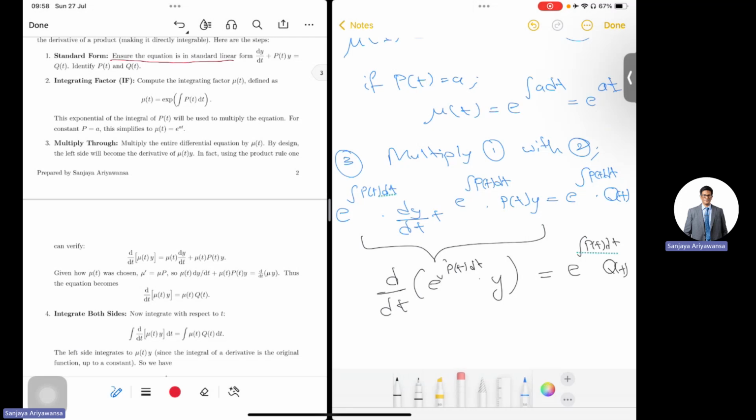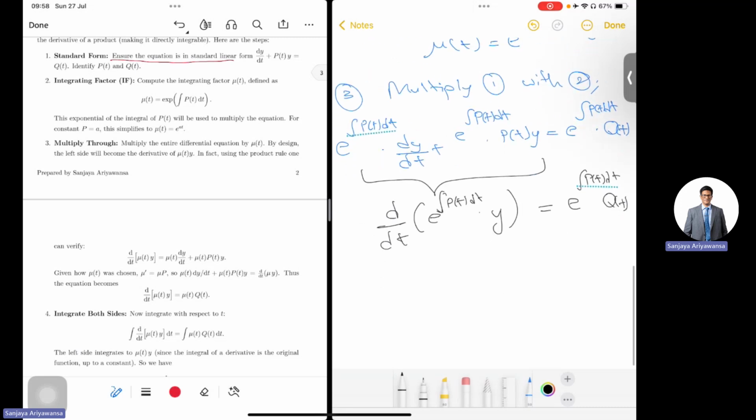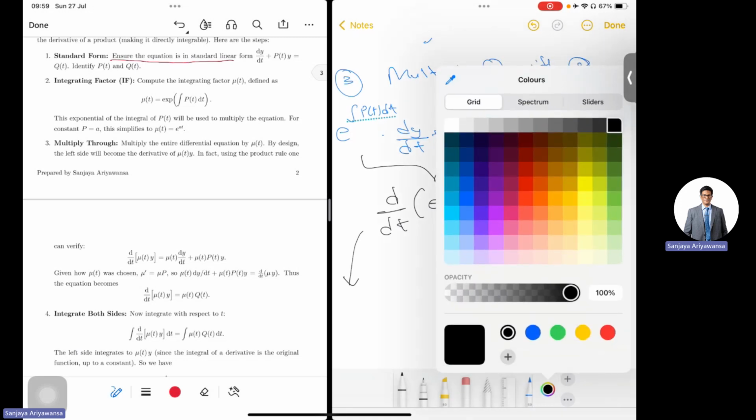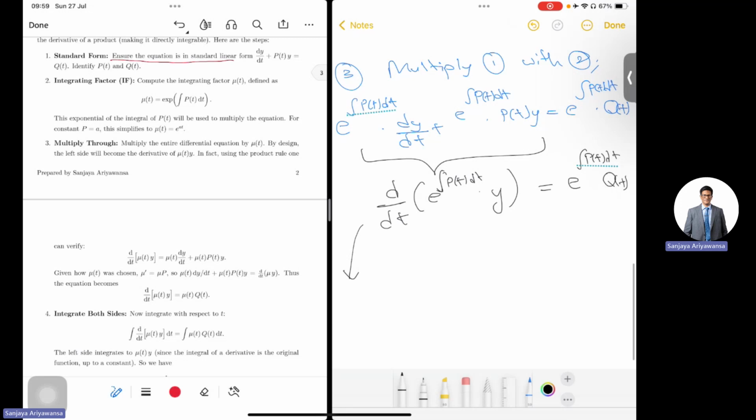Let me just... why is that? It's very critical that we understand this because if you notice here, let's try and differentiate this. Just digress a little bit and differentiate this. So if we were to differentiate this, we would get e to the power integral p(t) dt times dy by